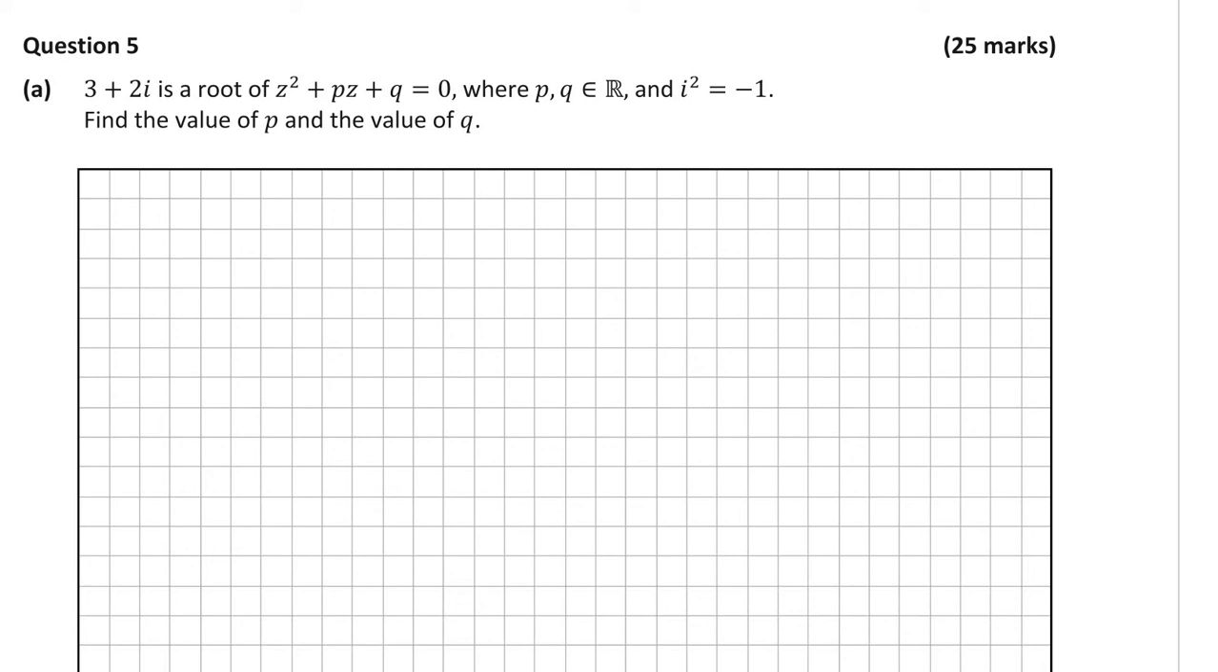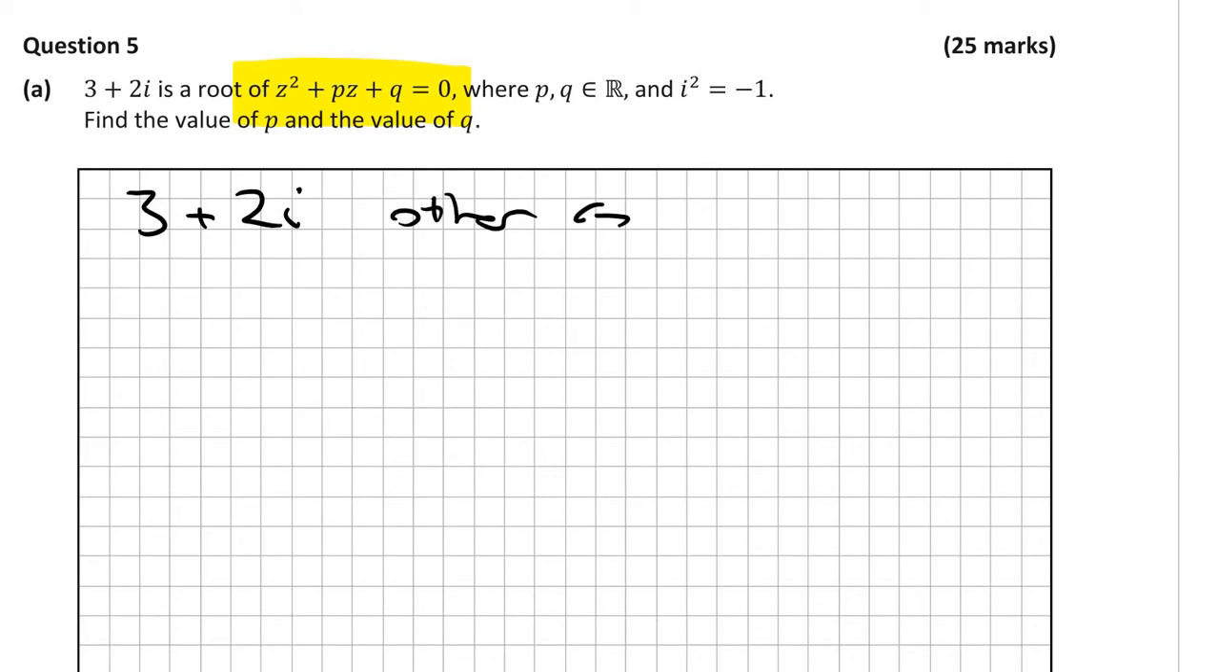I'm going to answer a Leaving Cert Maths paper 1 question from 2019. It's question 5 on complex numbers. You're told that 3 plus 2i is a root of that quadratic equation, and that p and q are real numbers. As the coefficients of z are all real numbers, then by the conjugate roots theorem, if one root is 3 plus 2i,